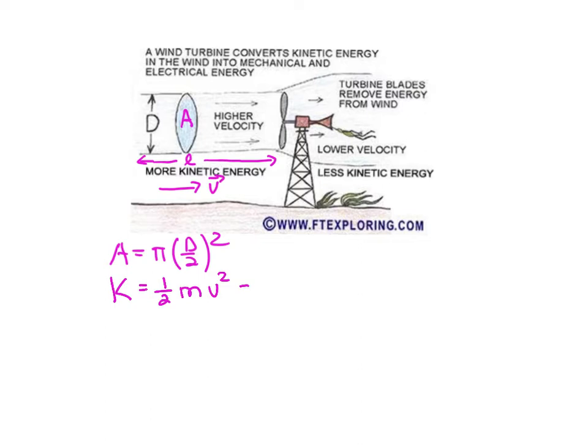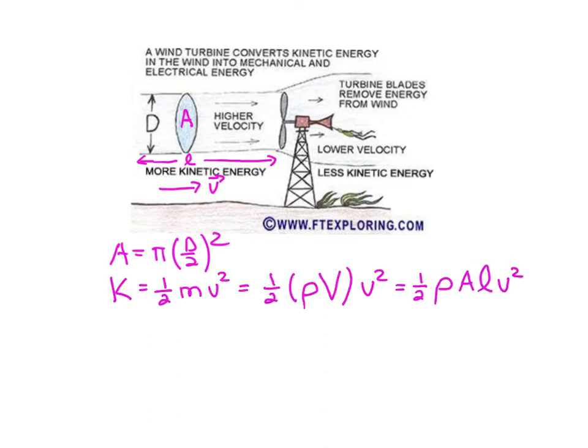And we can write the amount of mass in that cylindrical volume as just the density of air, rho, times the volume of our cylindrical volume, which we'll call uppercase V, and then we have a lowercase v squared here. And the volume of a cylinder is just the area times the length, so we can rewrite the kinetic energy contained in the moving air as 1/2 rho, the density of air, times this area A times this length L